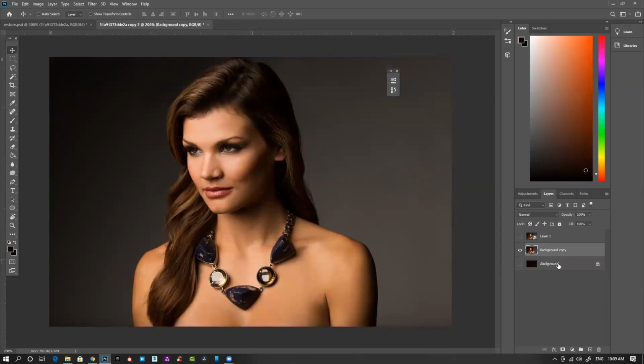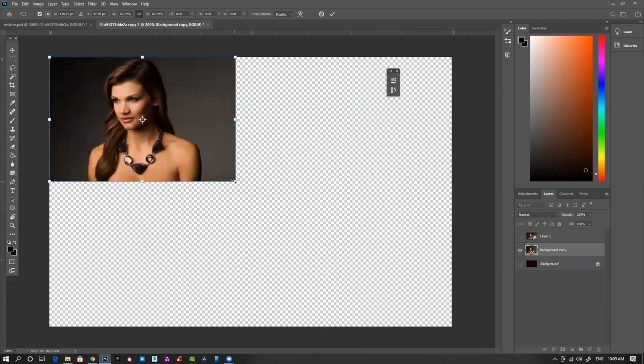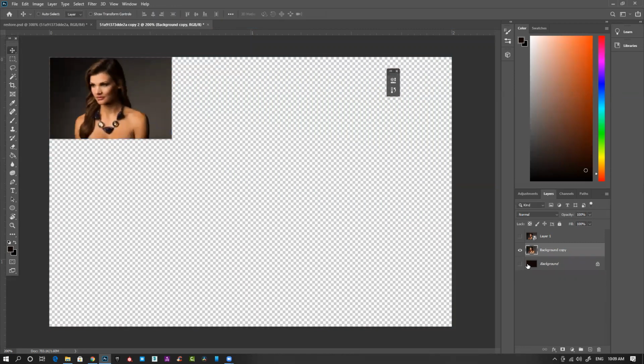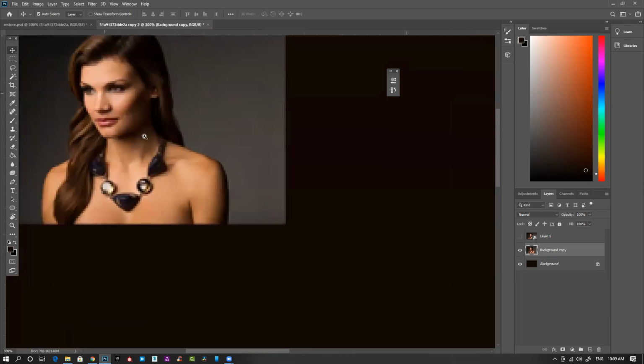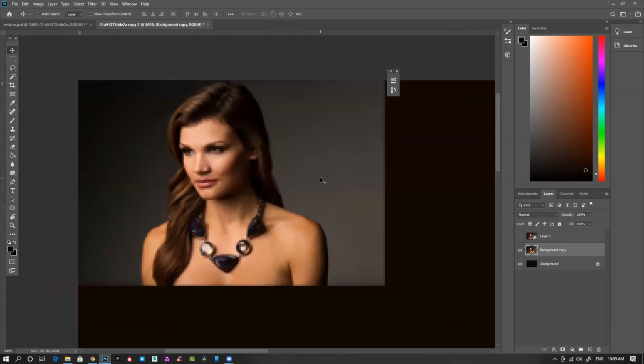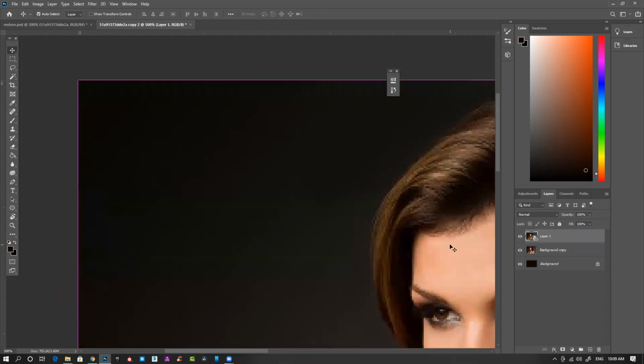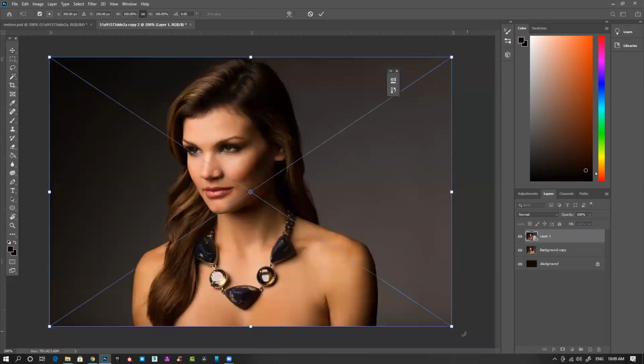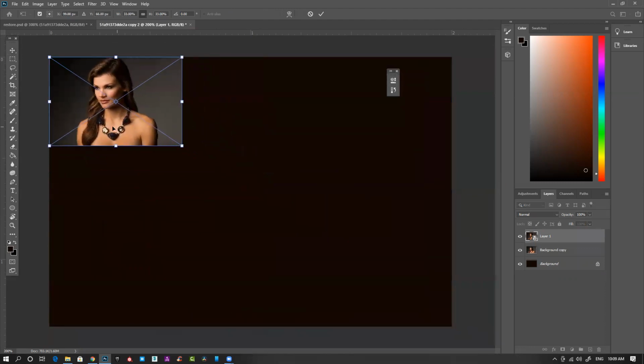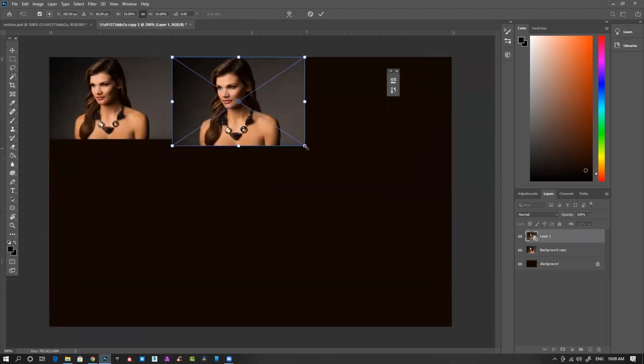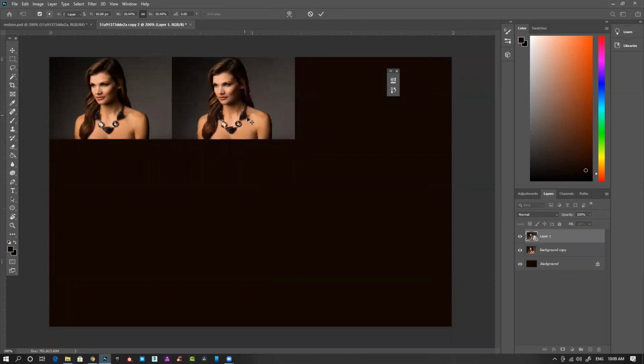Control T, transformation, and let's resize the image and hit enter. You can see it's almost blurred, pixelated. And let's open my smart object, Control T. Let's keep it next to it, at the exact same size.